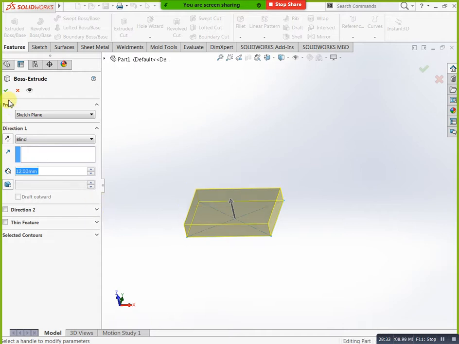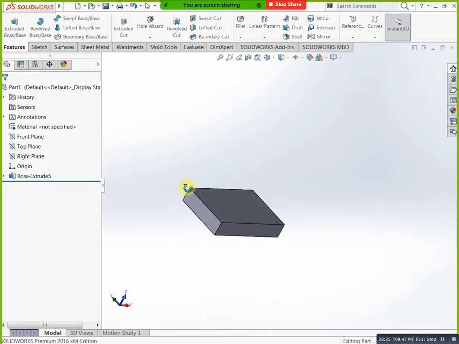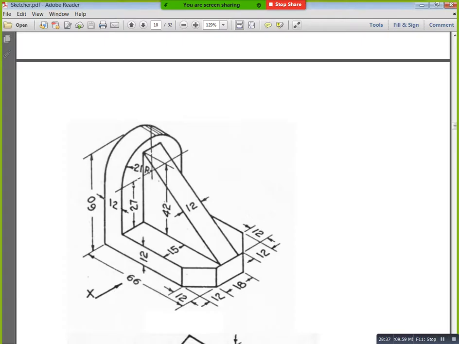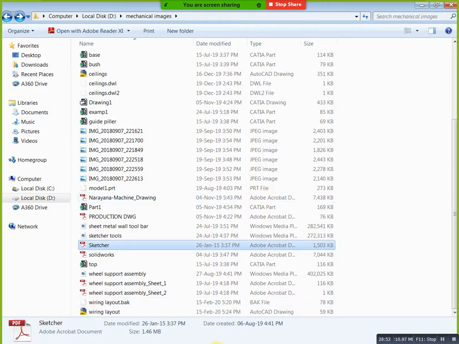Okay, you can check once. Go to this boss extrude or base section, right click, edit. Here we have 44, not 44, you can mention 42. 21 radius means 42, right? Now you can go here, then you can edit this sketch, Control 8. Now you can mention this dimension.